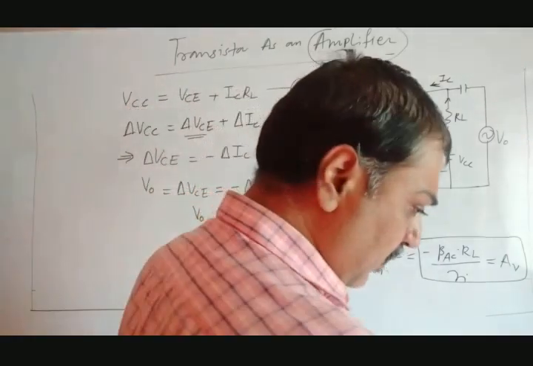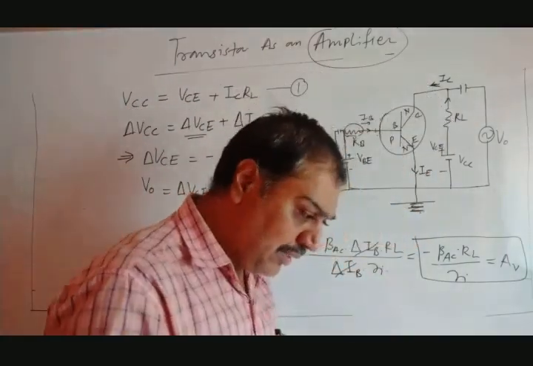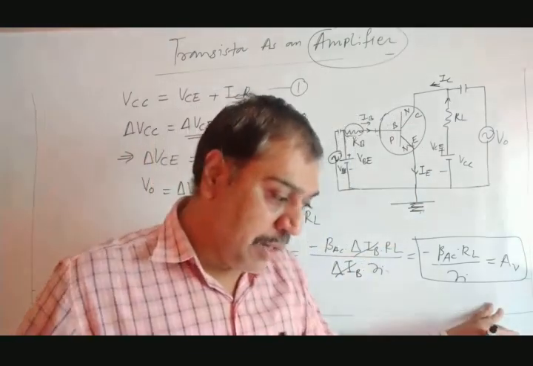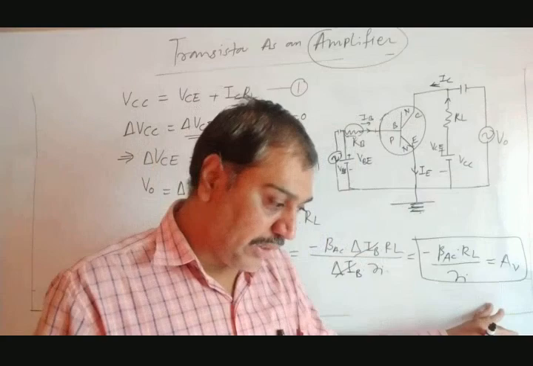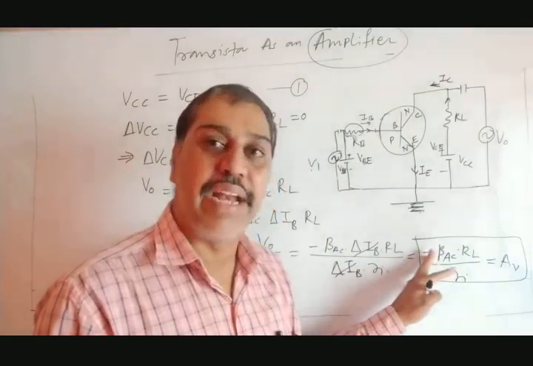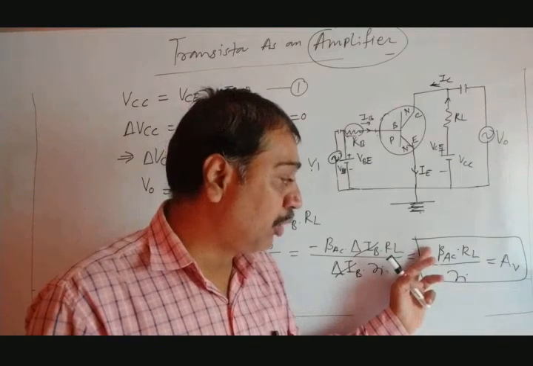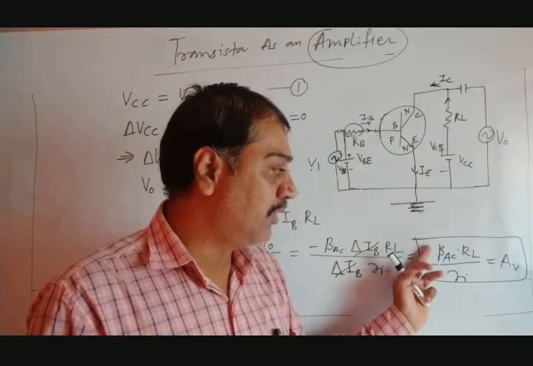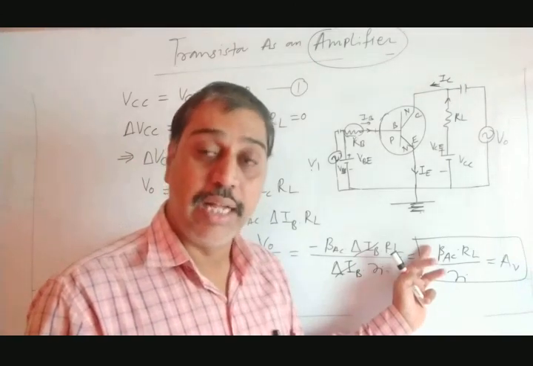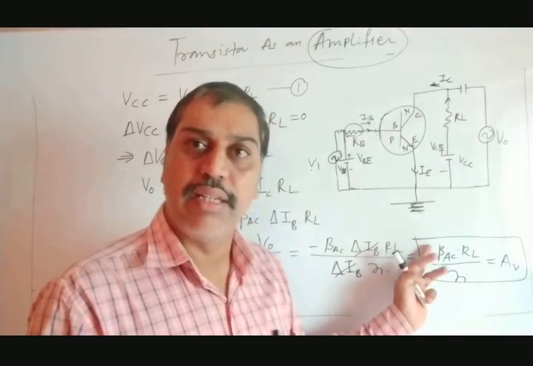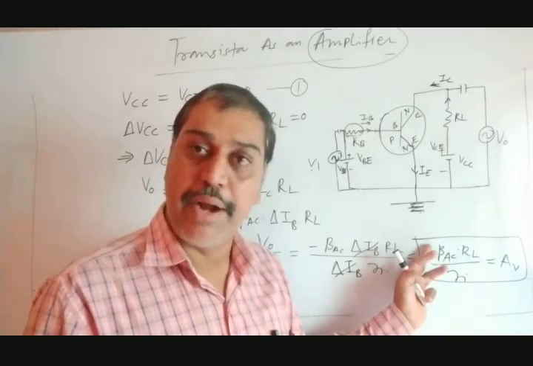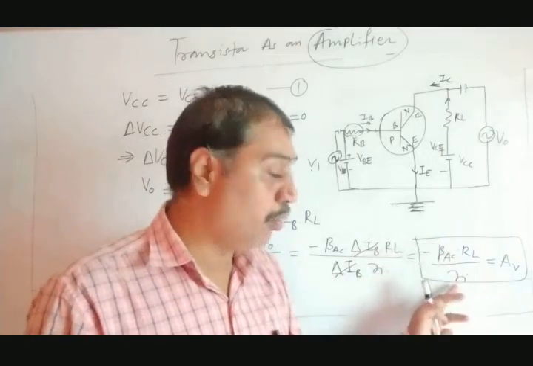Apart from this, this is nothing but the voltage gain we have found out. This is negative we have seen. But in case of voltage gain, we can remove this minus sign, or we can take the magnitude only. If we take the magnitude, this would be the voltage gain of this common emitter mode. And this is the highest among all three configurations: common collector, common base. In comparison to those, common emitter has more voltage gain.